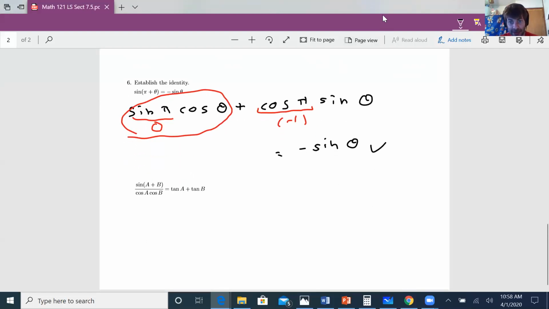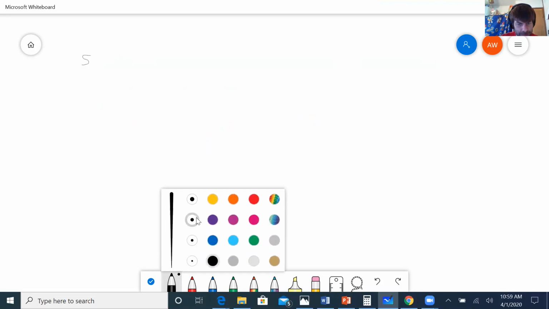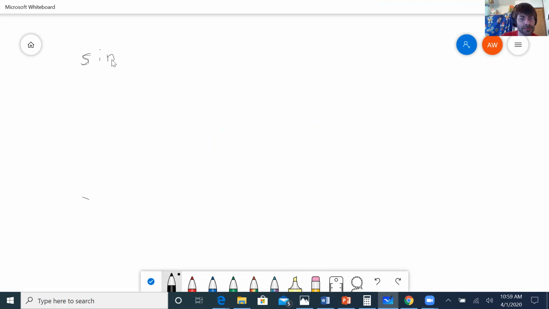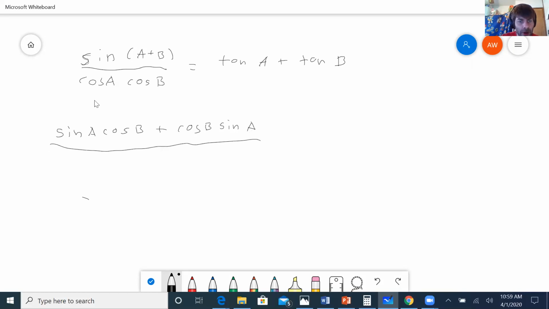All right. Now this last one here. I am trying to show that the sine of A plus B over cosine A cosine B is equal to tangent A plus tangent B. Okay, so I'm going to start with the left-hand side, and the first thing I'm going to do is sine A plus B. I have an identity right there for it. So I'm going to say that is sine A cos B plus cos B sine A all over